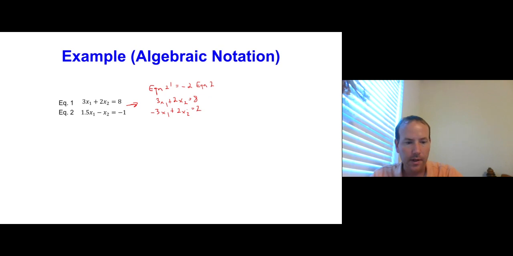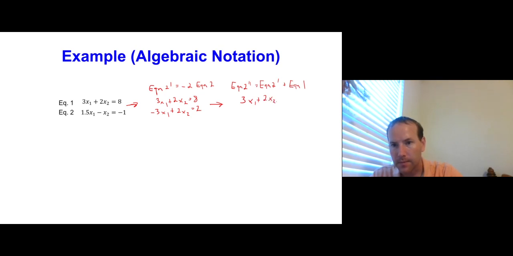Okay, so that's closer. Now what we can do is we can make a second transformation and say equation 2 double prime is the same as what equation 2 prime was, but we're going to add in equation 1. Okay, so again, we're still not changing equation 1. That's still 3x1 plus 2x2 equals 8. But now this second equation has simplified